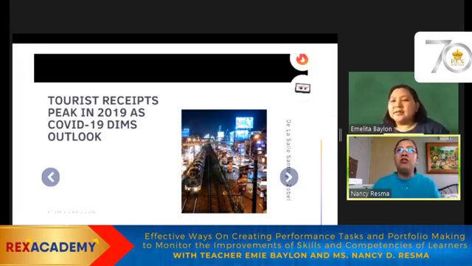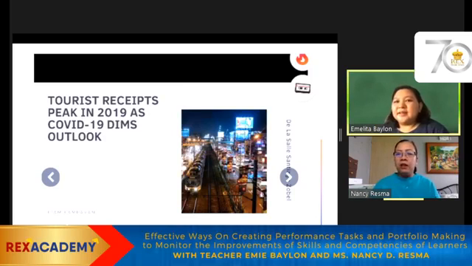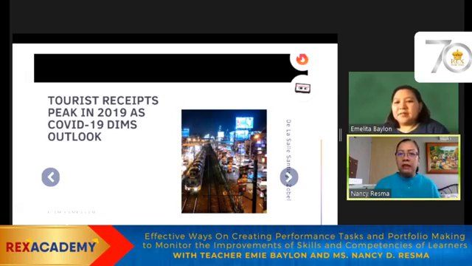So ako, a specific example, yun nga, yung Flipgrid, I made use of that. Very useful sa akin yan. Kasi towards itong March, di ba, when classes were abruptly canceled, there were some students who still needed to present in class. We required them kasi to come up with yung news reporting namin, it's with the twist. They choose an issue that they like, and they should be able to critique.